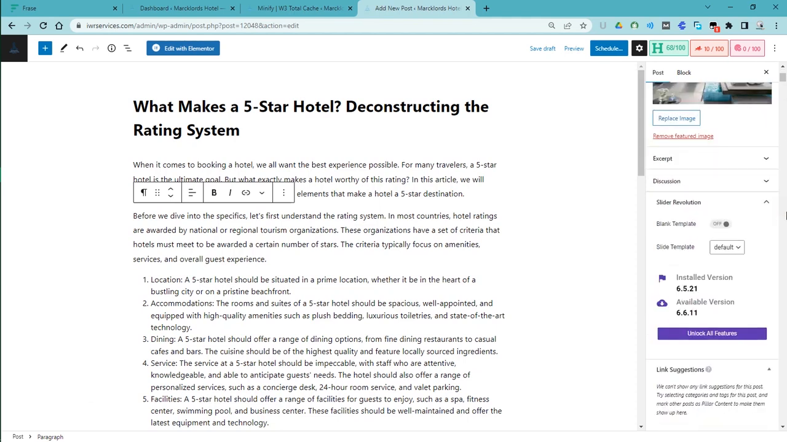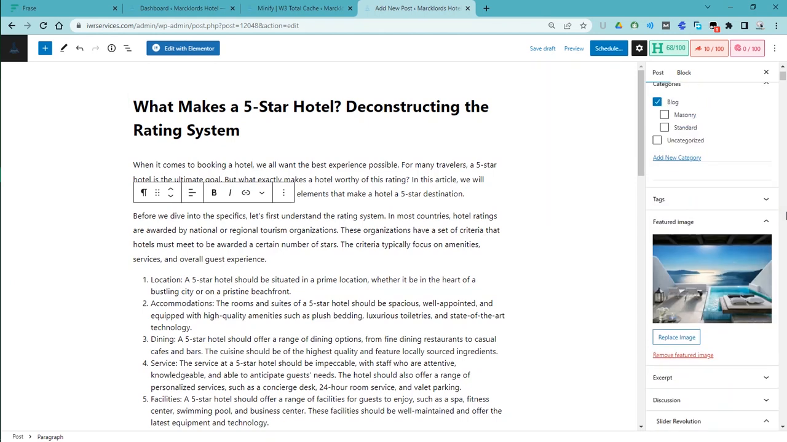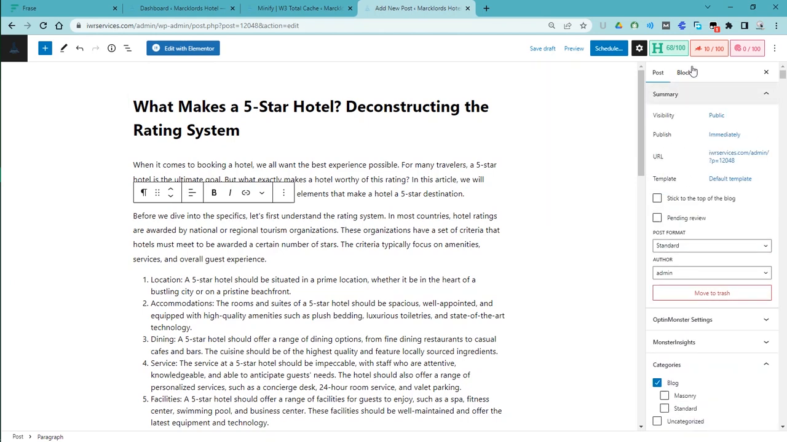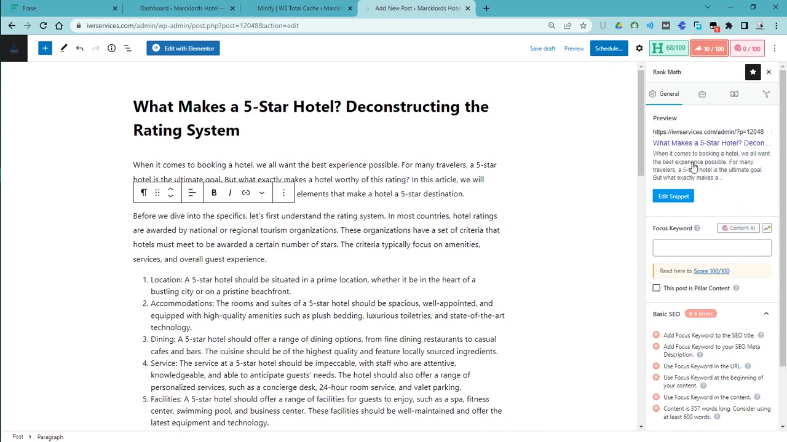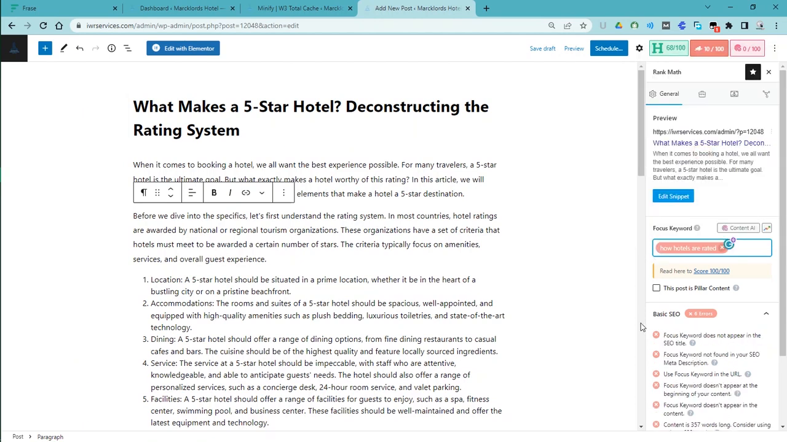So for now, we can just continue. Let's see. Okay, so another feature is there. We have added our featured image. Now let's go on to Rankmath. Rankmath, first of all, asks us for a keyword. So we need to put a keyword, how hotels have been rated. So we have put that keyword there. And let's say, unfortunately,